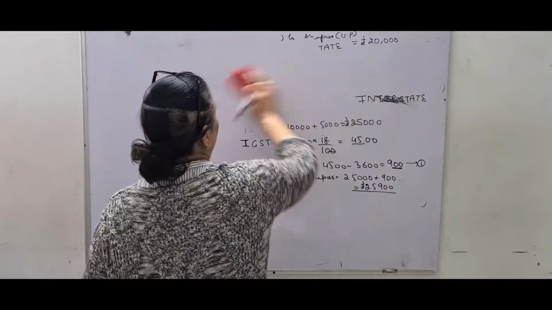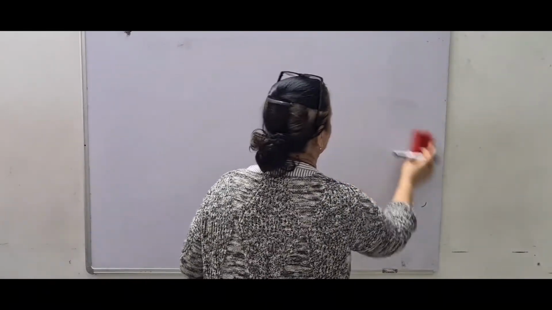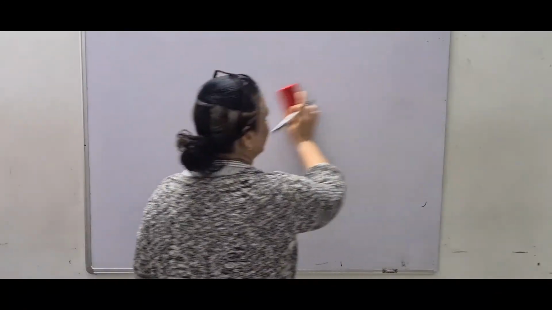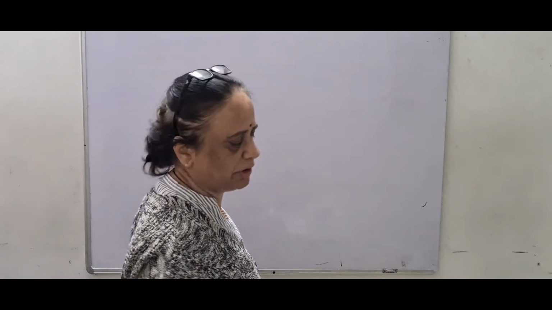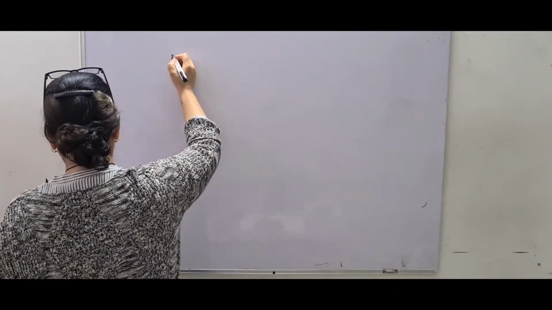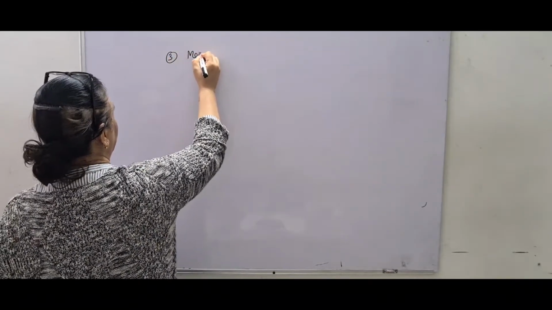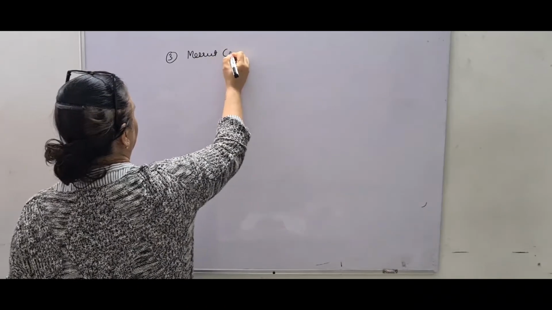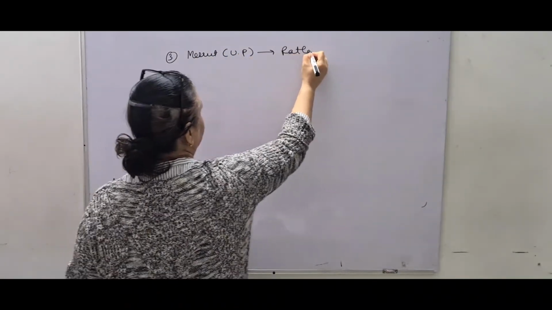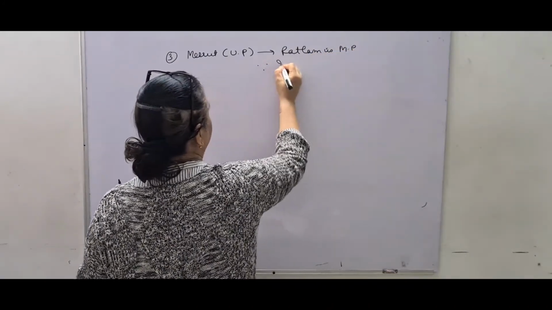Be careful about the language. Read the question, children, at least twice, and if there is a little confusion, maybe 3 times. It takes only 2 to 3 seconds to read the question, because you are well aware of the chapter as you have done it or revised it again and again. Just to be a little clear, see, Meerut is in UP and Ratlam is in MP. Therefore, interstate.